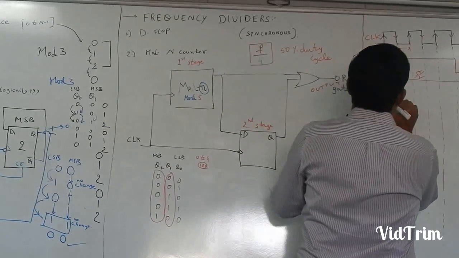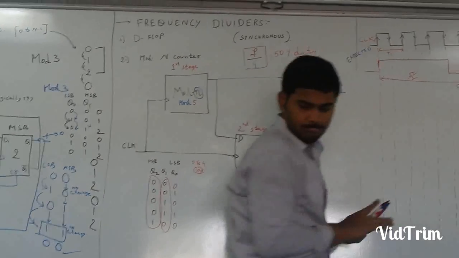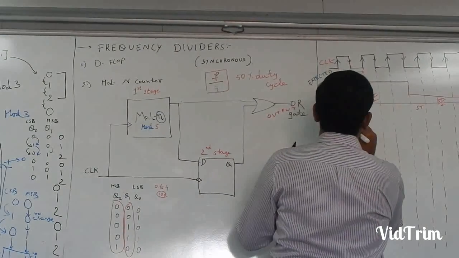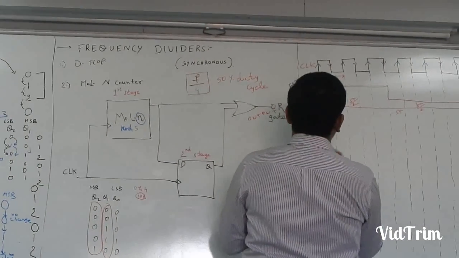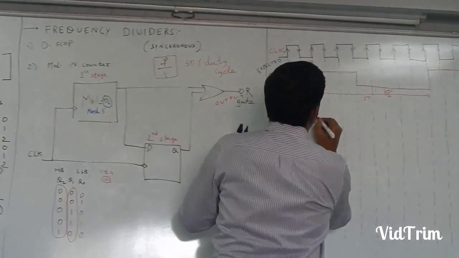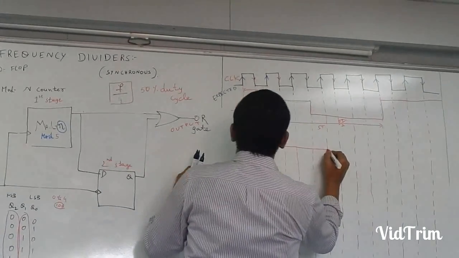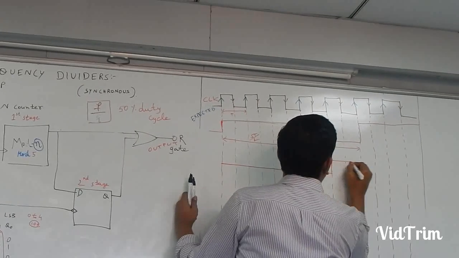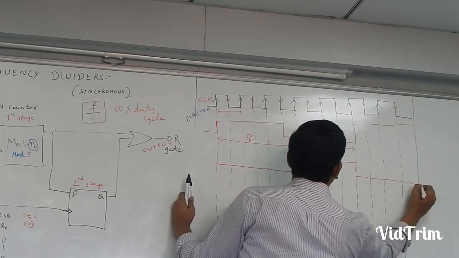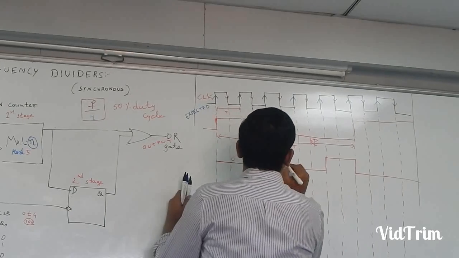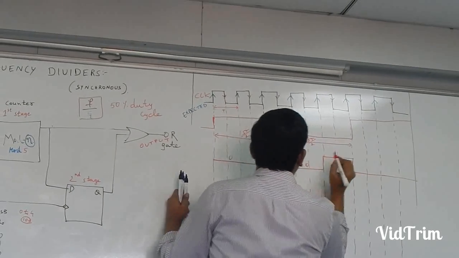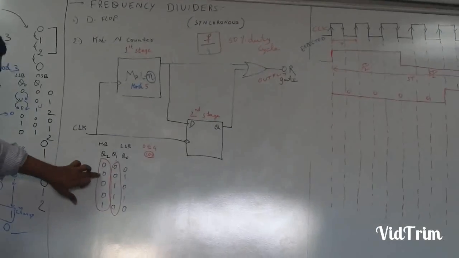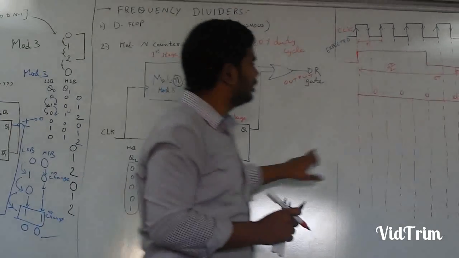Q2 is like 0, 0, 0. See that at first clock pulse the value is 0, and at second, third, fourth and fifth clock pulse the value is